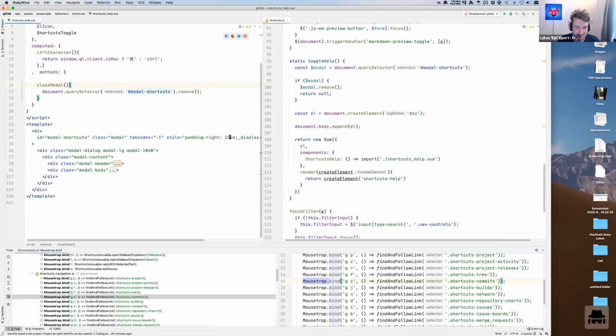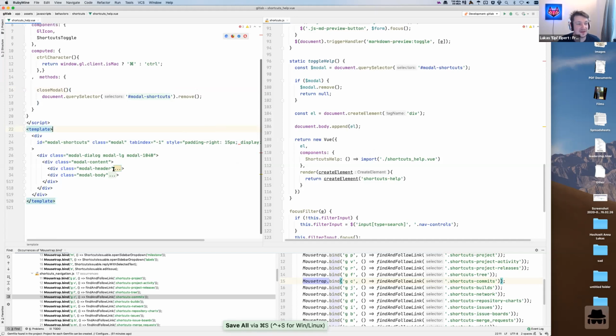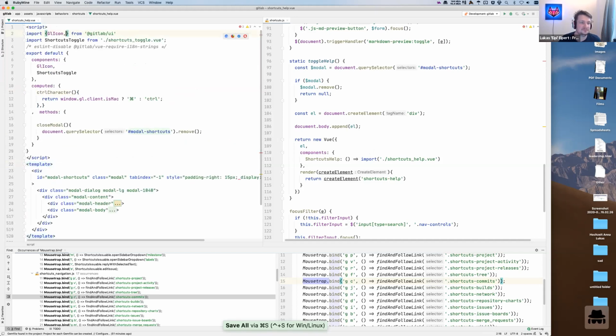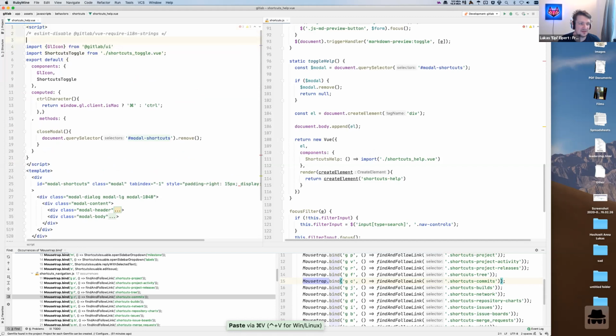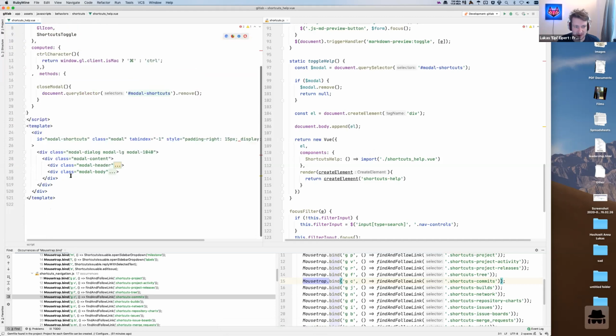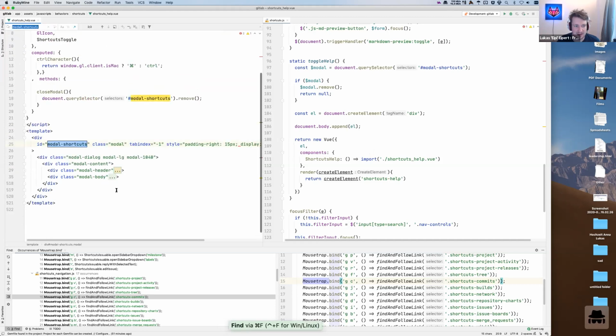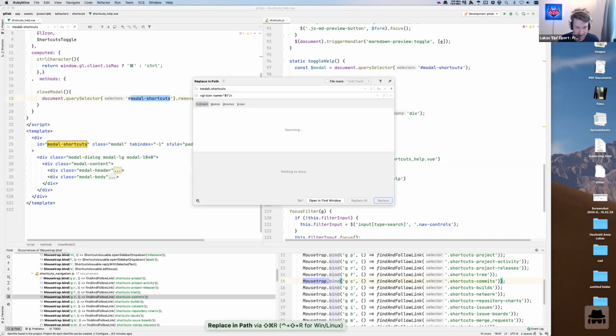StyleLint is complaining here because they want a new line after semicolon. Doesn't seem right for inline styles to me. Okay. Yes, so this otherwise wants to translate everything. We remove the modal shortcuts, right? Maybe, I don't know, I am proposing that we just call it differently. Like, what do you think about,